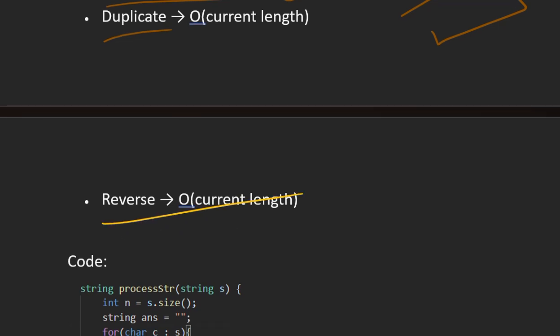Reverse will also take O(current length), because we have to reverse all the characters, right? So overall, with m as the final length, the time complexity becomes O(m), right?